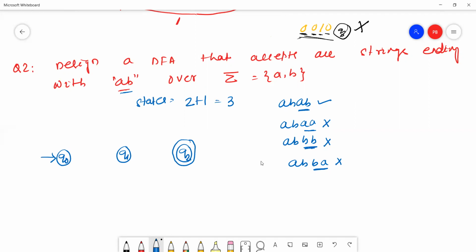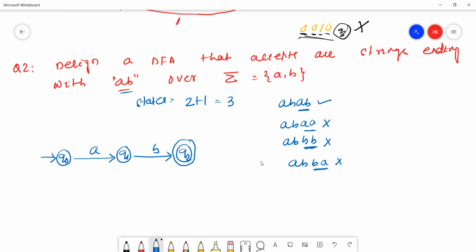Simply draw the minimum length transitions for the minimum length string A and B. Now we'll adjust the transitions according to the DFA rule.